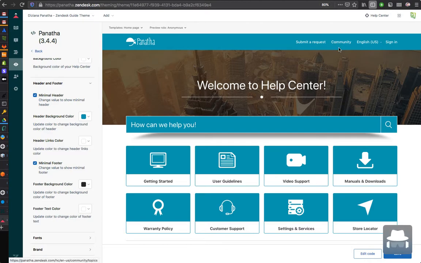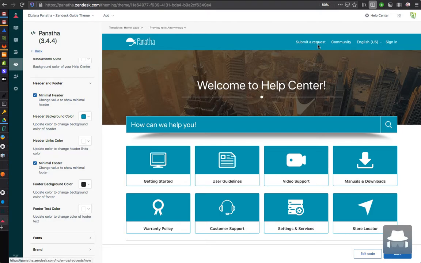There is a community link. It shows in customization mode, and if your help center does not have community, if you have disabled it, then this link will not be shown once the theme is made live, or in other words, your end users will not see this link. If you have community enabled, then this link would appear in your live theme. But whether community is enabled or disabled, this link will always show when you are customizing the theme, so that you are able to build the feature or customize community pages and prepare the help center theme for maybe a future version where you are going to add community.